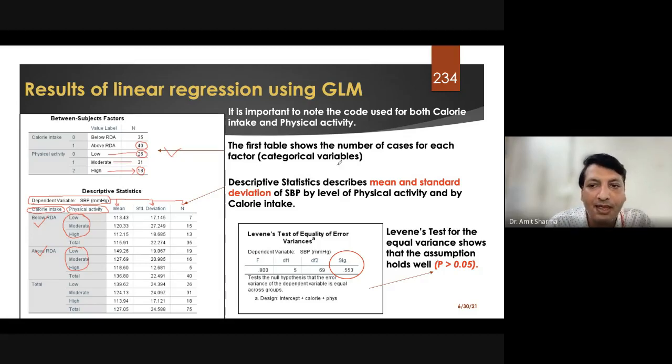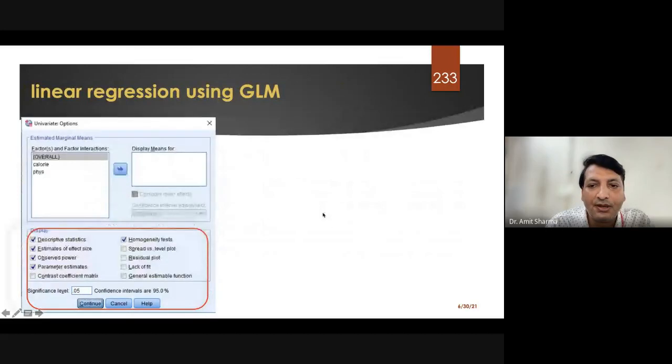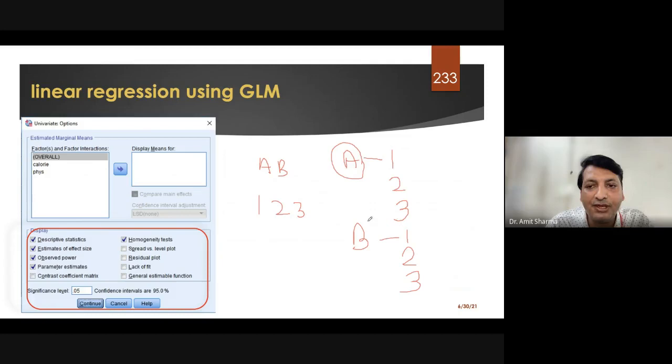For example, A is compared with B. For example, the situation of the table is something like this: we have A and B, and we have 1, 2 and 3. So first A is compared with 1, then A is compared with 2, and A is compared with 3. Then again B is compared with 1, B is compared with 2, and B is compared with 3. Like this table we have got. First the comparison of A with 1 to 3, then the comparison of B with 1 to 3.